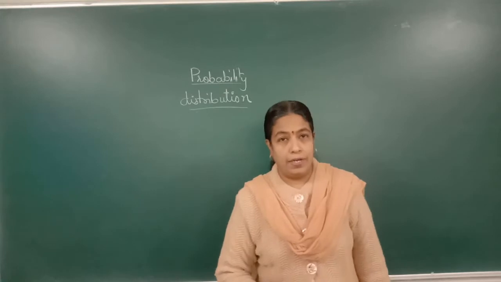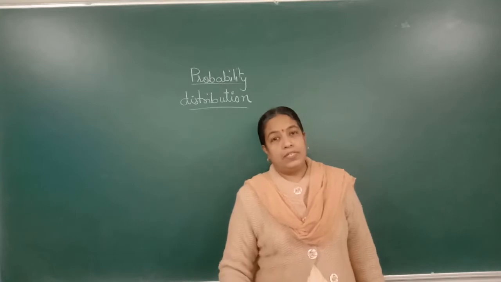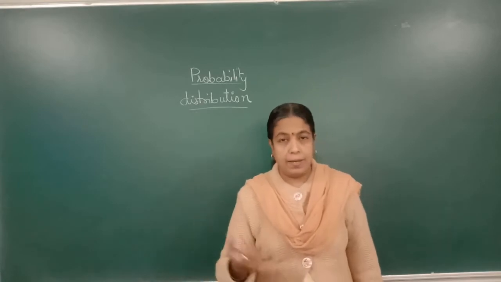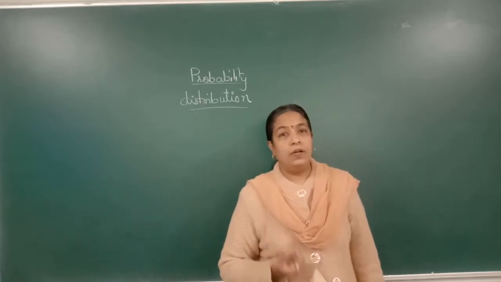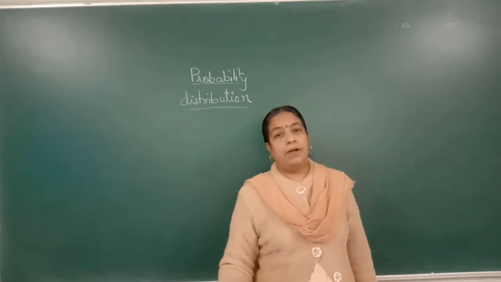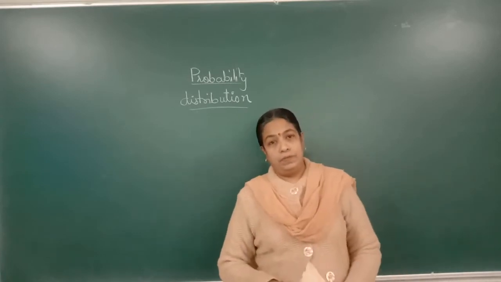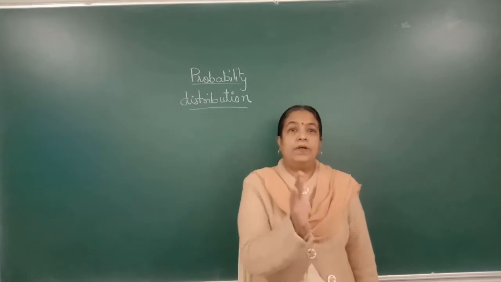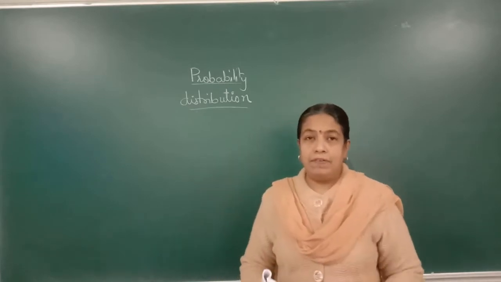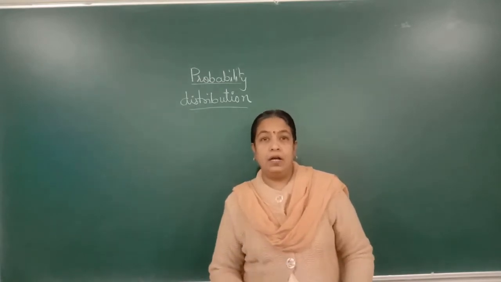Whenever you are tossing a coin, two chances are there, either you will get a head or you will get a tail. If 3 coins are tossed, 8 chances are there, if 2 coins are tossed, 4 probabilities will be there, sample space and all that. You must have studied in the lower standards. Now, here there is a next forward portion, and the word used here is probability distribution. Here we are going to distribute your probabilities in the form of a table. First, today in the first part we will see the theory part: what is probability and the terms related to probability.